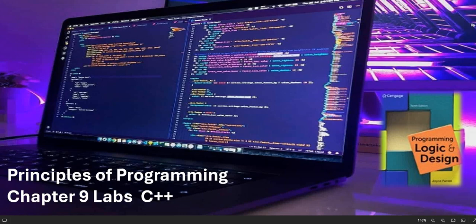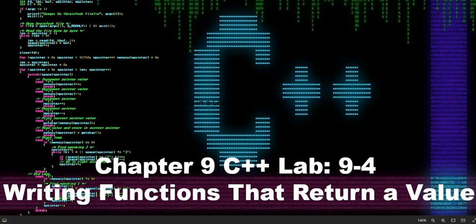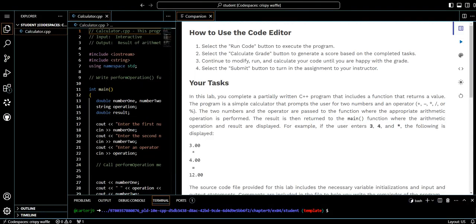All right, so let's dive into our video. Our first lab is going to be Chapter 9, C++, Lab 9-4, which is writing functions that return a value. And our task in this lab is, you complete a partially written C++ program that includes a function that returns